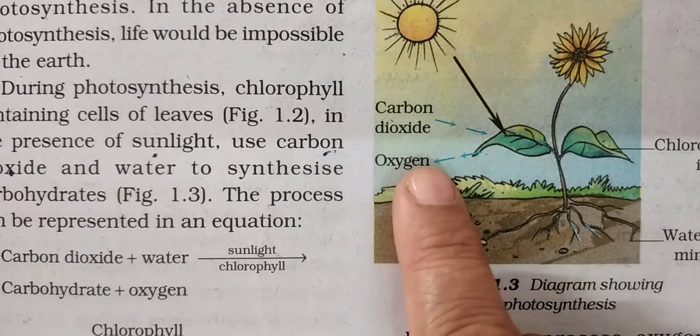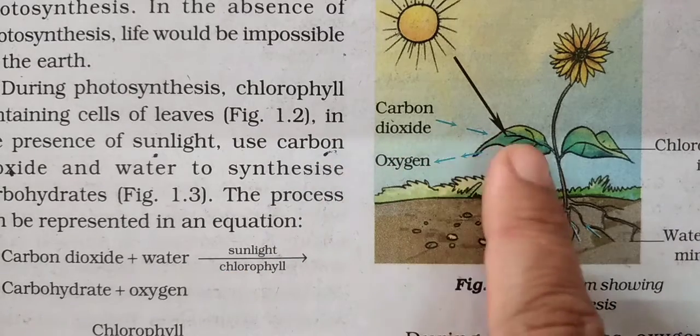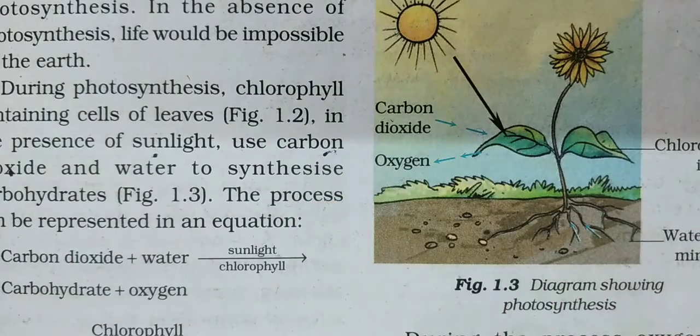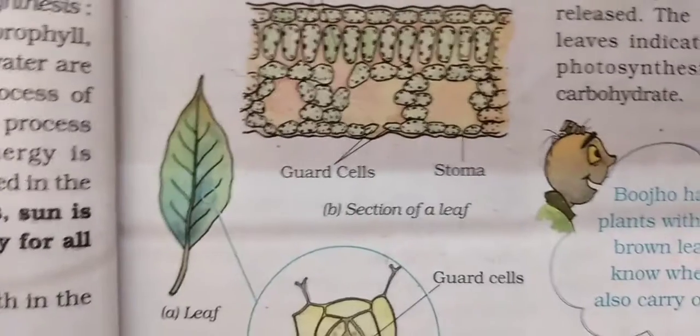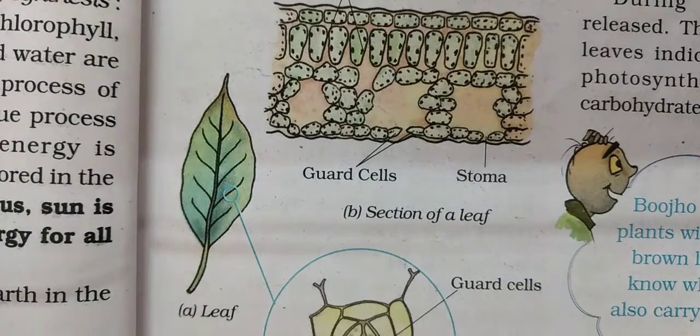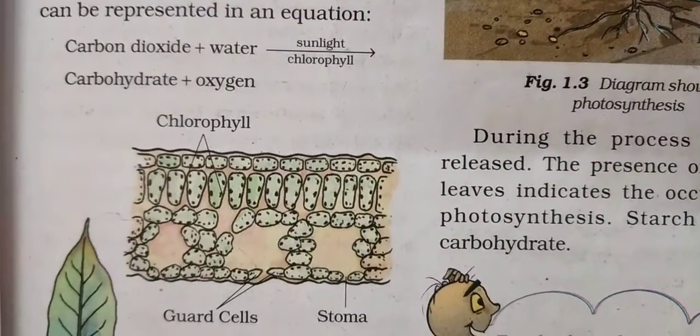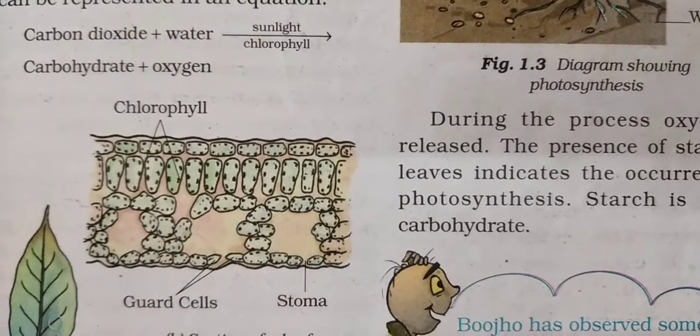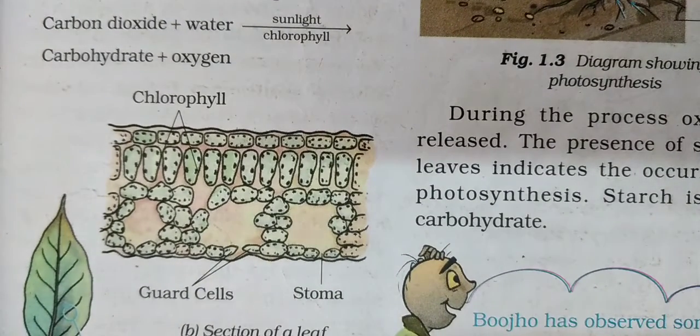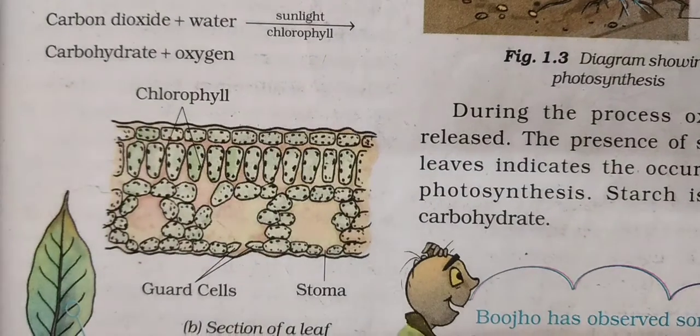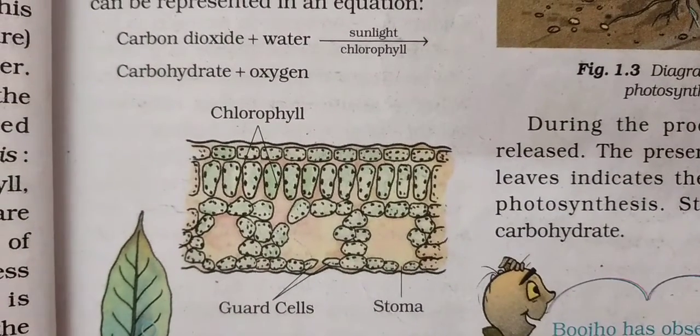So during daytime they take in carbon dioxide and give out oxygen, because they carry out photosynthesis, and during the night time they carry out respiration. At that time they give away carbon dioxide and take in oxygen, and that is the reason why we are told not to take rest under a tree during the night time. This is one tip I am giving you: during the night time you should not be present under the tree, because they carry out respiration and give out carbon dioxide during that process.